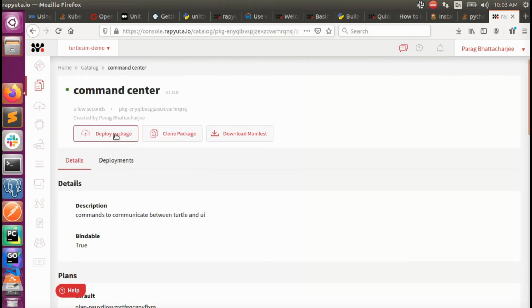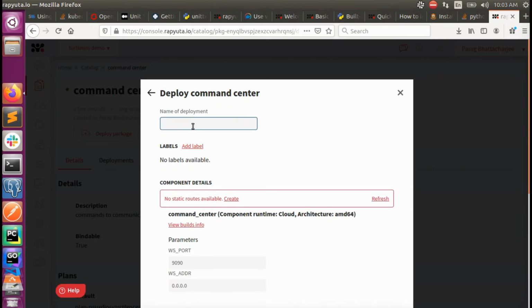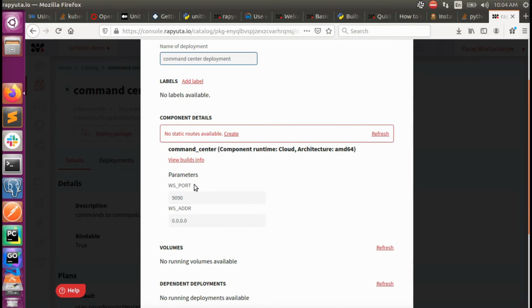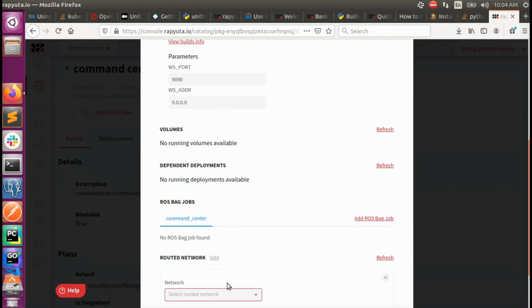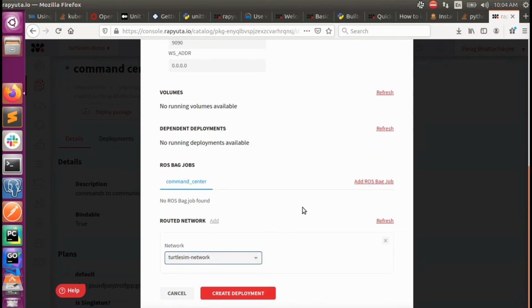Now let's start deployment. Click on Deploy a Package and enter an appropriate name for the deployment. Let's call the deployment Command Center Deployment. Now we can look at the parameters we have created earlier, WSPort and WSADDR. Let's leave them unchanged. We need to connect the routed network that we have created earlier, Turtlesim network, and let's